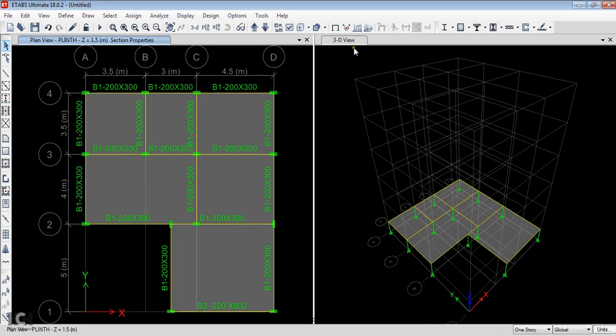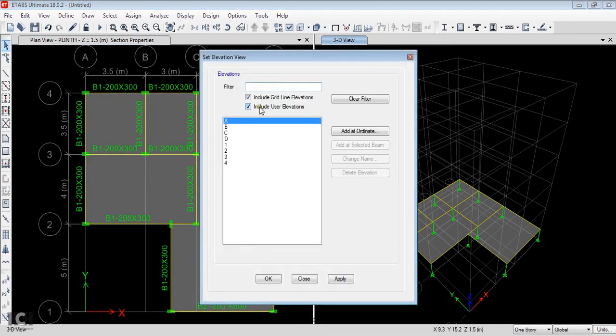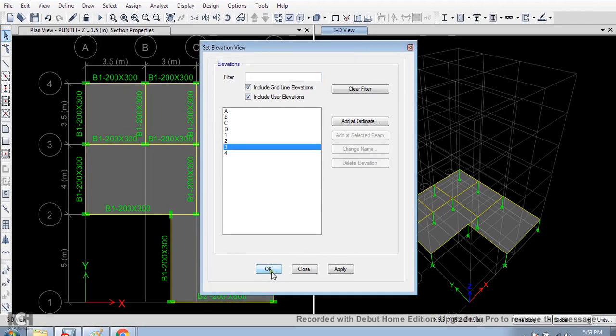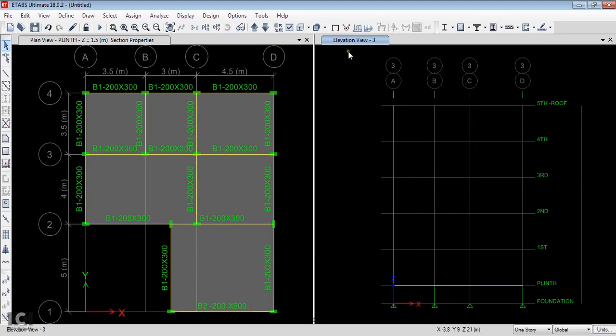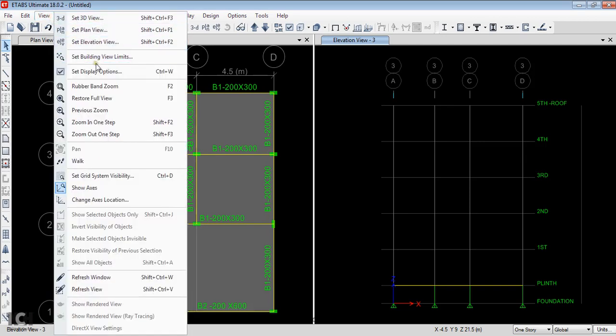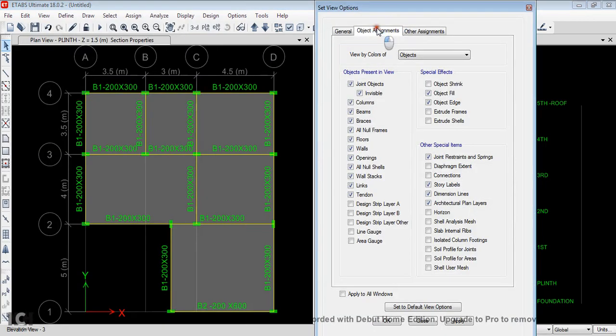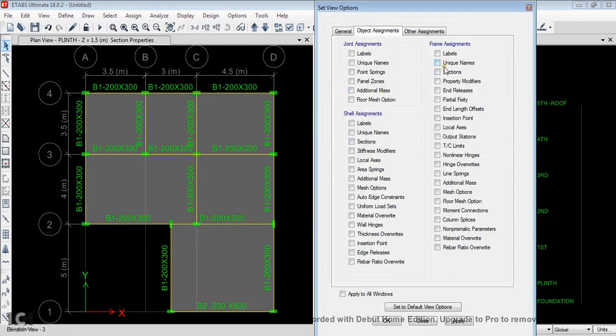Now if I go to elevation number 3, I will click on this 3D view, go to Elevation, 3rd. And if you see the label, what it is made up of, go to View, Set Display Options, Object Assessment, and click on the section.